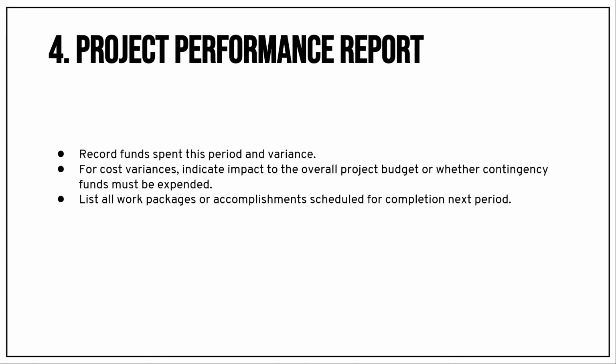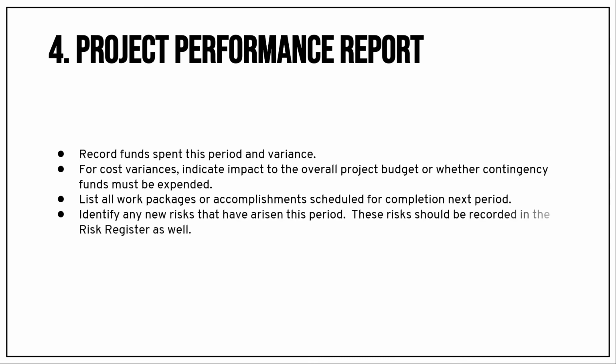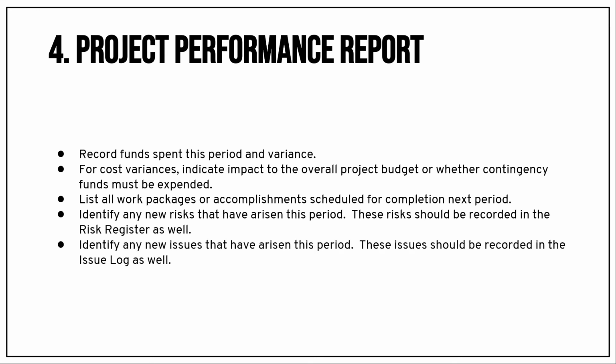In addition to that, we need to include resource, quality and risk. These 3 triangles also we should include in the project performance report. As I mentioned, risk we need to capture in the project performance report. Issues also we need to identify and capture, because it's impacting the deliverable of the report actually. So the last one is the executive summary report.